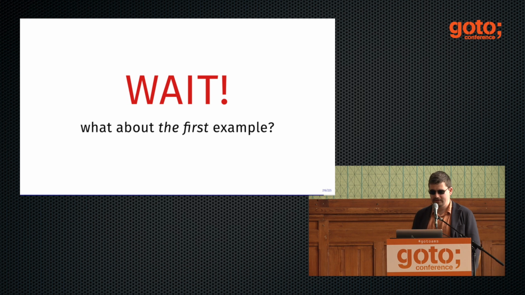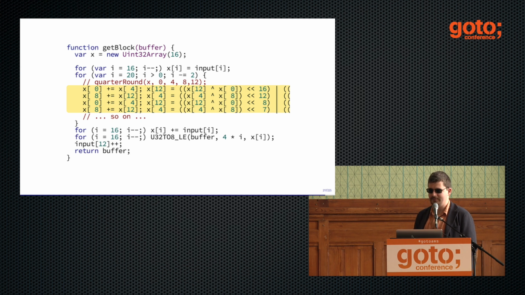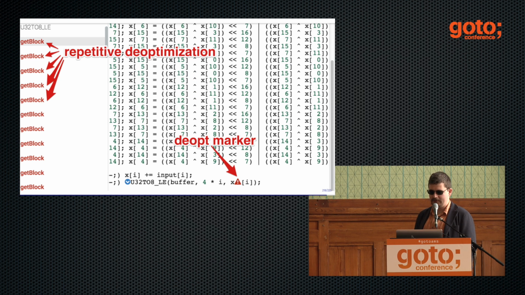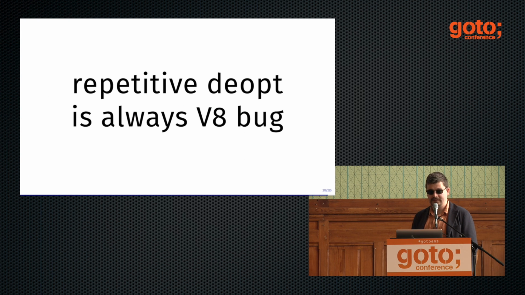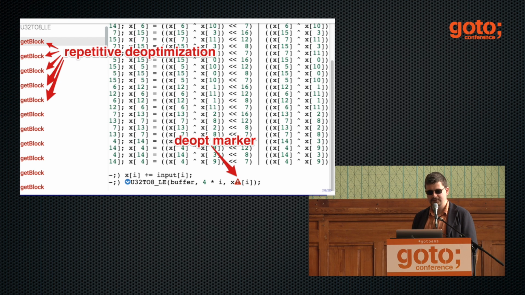And wait a second. There was the first example with a strange use asm directive. Again, we can look at it in Hydra and discover that V8 was continuously de-optimizing the function where we inlined all the stuff inside. And there was the opt marker in a strange place saying strange things. If you see a situation like that, where your function is continuously being de-optimized and optimizations never stabilize, then you should just go and file a V8 bug really, because it's a V8 bug, not your bug.